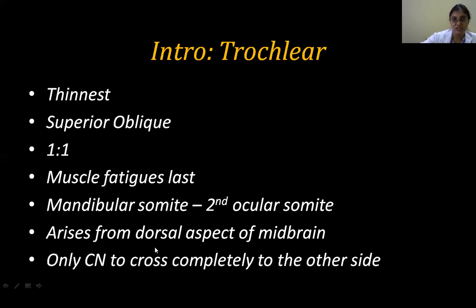Then this is from the second ocular somite. So second after 3, it is 4, and this innervates only one muscle, that is your superior oblique. And then two special things about it, because you've already seen the brainstem diagram. You know this trochlear nerve is going to come from behind, from the dorsal aspect of the brainstem, below your inferior colliculus, and winds and comes forward. And the two cross and go forward. So that's one speciality of this.